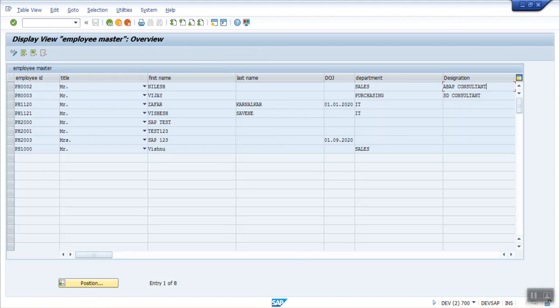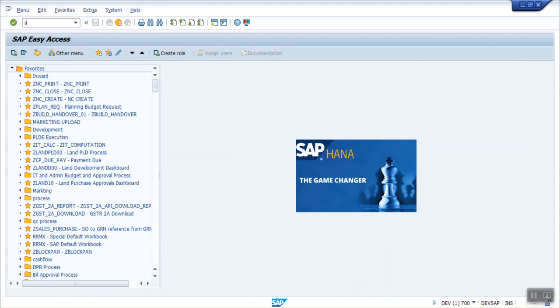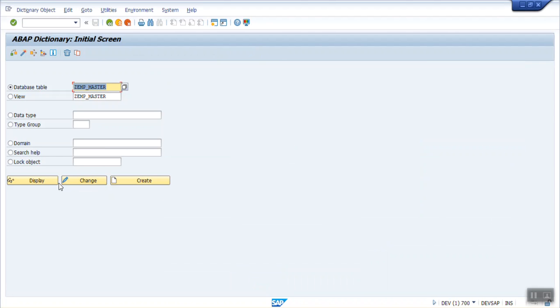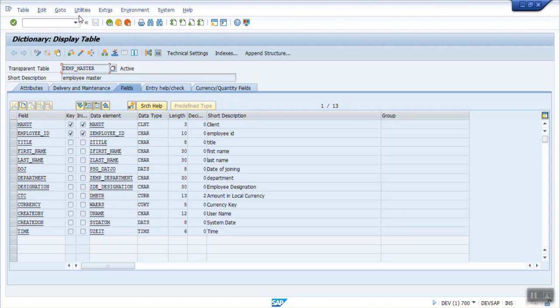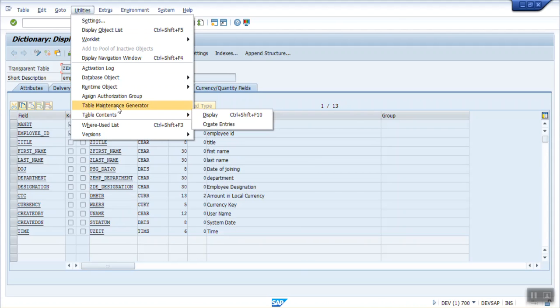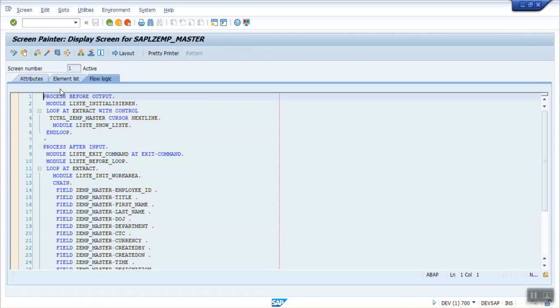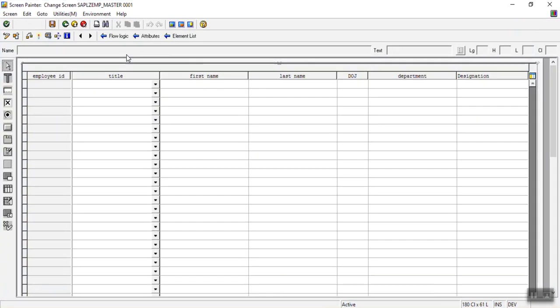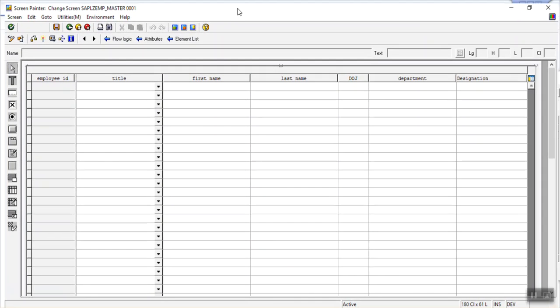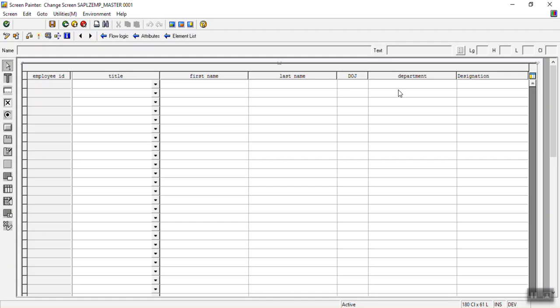Again go back to SE11, utilities, table maintenance generator, double click on the screen, go to change mode, layout. Now I want that if I enter a capital value, the system should accept it as capital, and if I enter a small letter, the system should accept that value as a small letter.